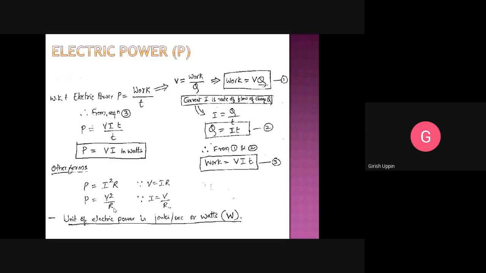Why do we need to understand these different forms? If you remember P is equal to VI and Ohm's law V is equal to IR, that is sufficient. In some examples, they give the current and resistance. In that case, you can use this formula. In some problems, voltage and resistance are given. You can use this form. In some problems, voltage and current are given. Then you can use this formula. But if you remember the basic Ohm's law, V is equal to IR, and power P is equal to VI, that is sufficient. These forms can be easily derived.